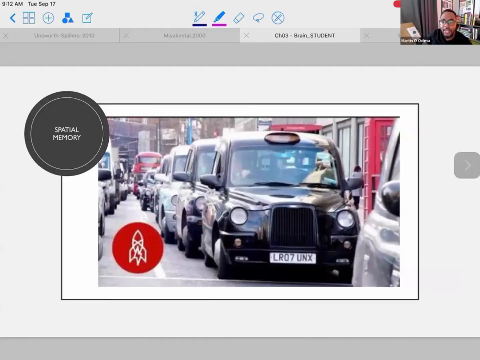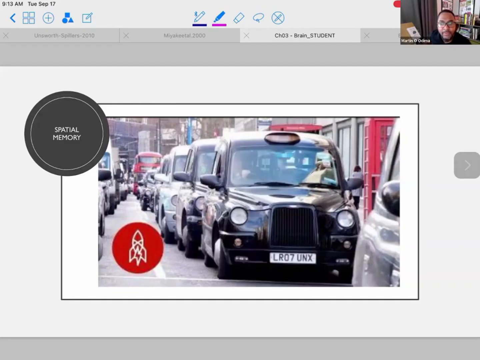One thing to look at is the video on spatial memory and taxi drivers in London. That is an important thing to watch because there are studies done with MRIs, which we'll talk about a little bit too. The MRIs of London taxi drivers show that extensive navigation experience as taxi drivers in London can actually alter the brain structures. I want you to watch the video and see if you can make any connections between what we've been talking about so far and how the structures are influenced by the jobs of the taxi drivers.